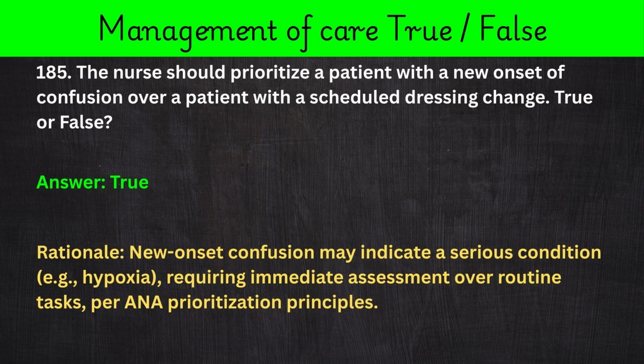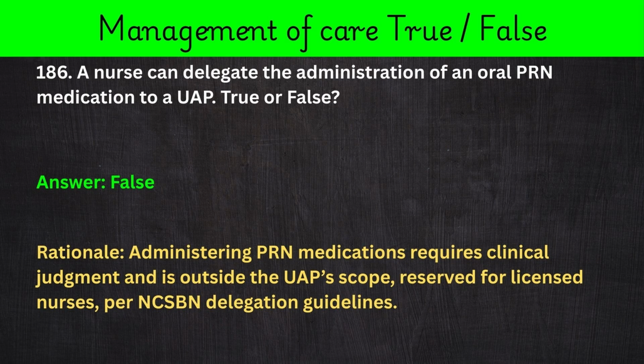ANA prioritization principles. 186. A nurse can delegate the administration of an oral PRN medication to a UAP. True or false? Answer: false. Rationale: administering PRN medications requires clinical judgment and is outside the UAP scope, reserved for licensed nurses, per NCLEX-PN delegation